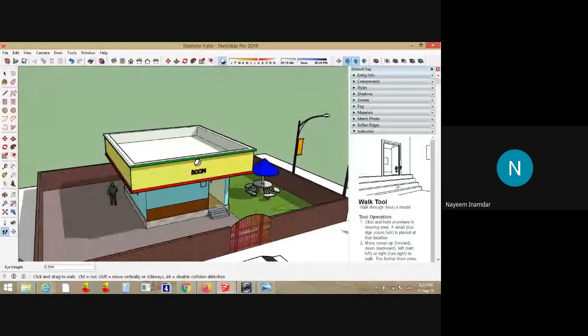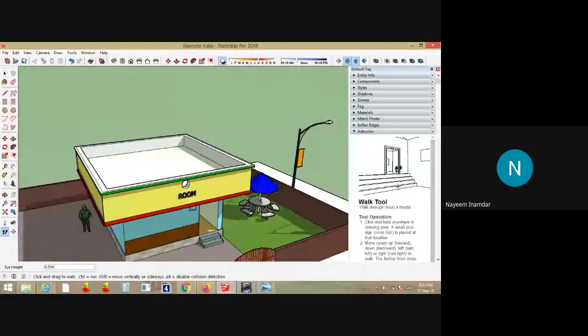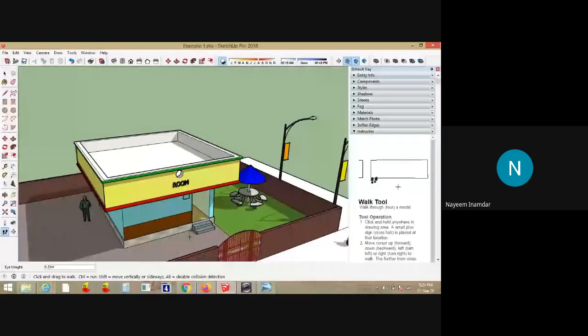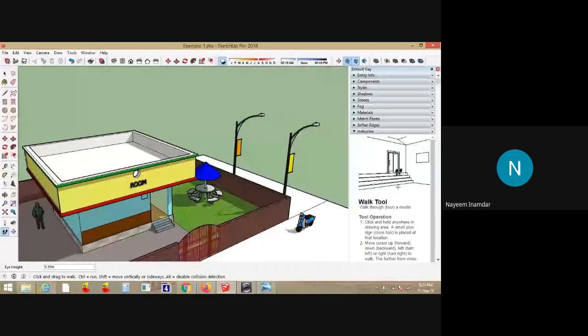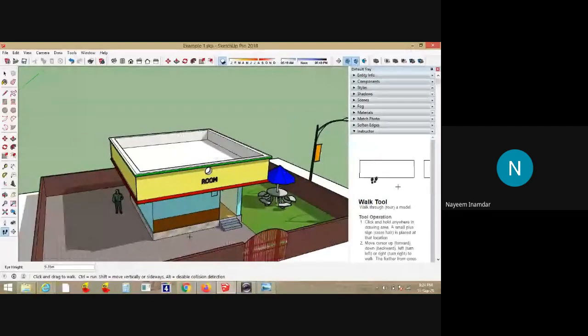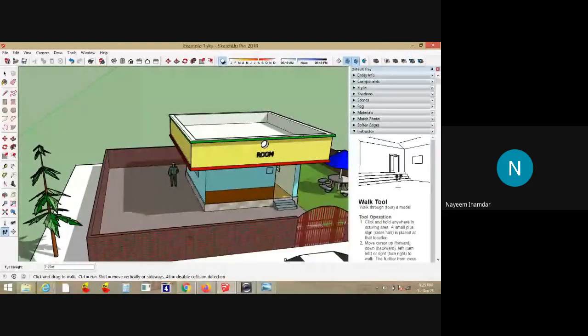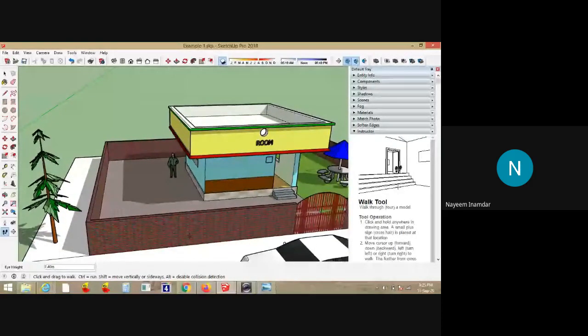If the foot mark is above the plus sign, you will move forward. If it is below the plus sign, you will move backward. If it is on the right side, it will turn towards the right, and subsequently towards the left side. If you press shift and drag, it will move vertically or sideways.